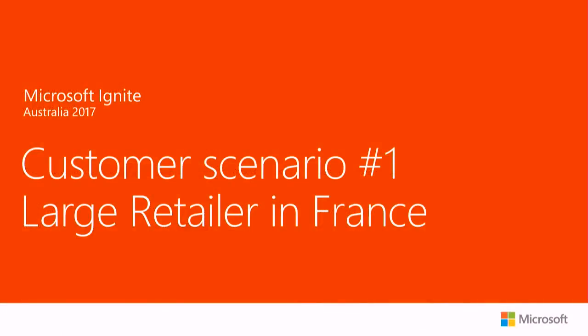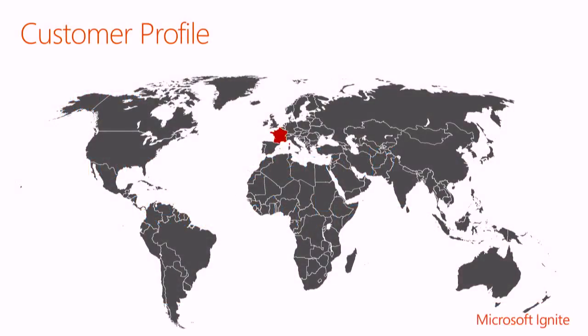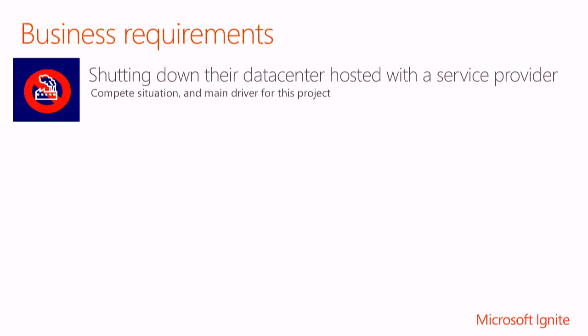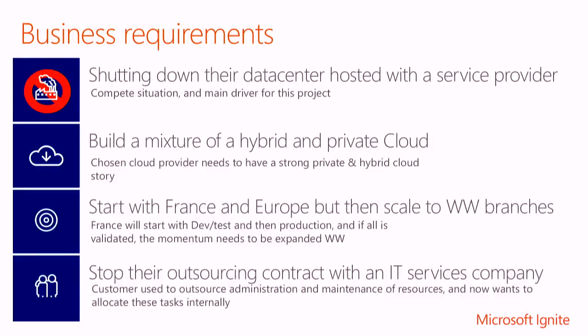Okay. The first customer scenario is coming from our Microsoft team in Europe, where they work with this large retailer in France. They're based out in France, but they had offices all over the globe, so the solution required that they are connected to all the Azure regions they're going to use. So we went through a bunch of business requirements and technical requirements. In terms of business requirements, the summary is they wanted pretty good redundancy. They wanted high availability. That was the theme.